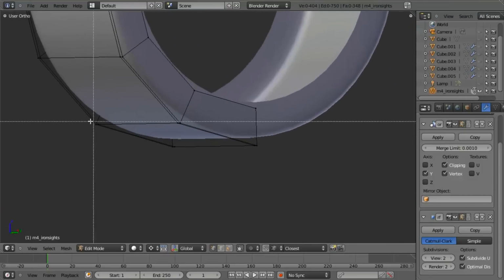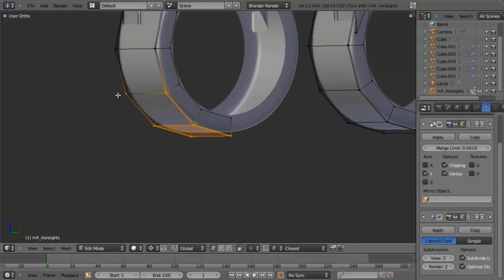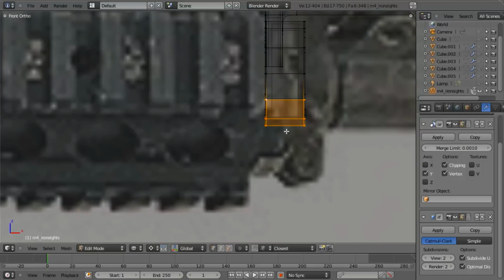But I've already got those references on hand, so I'm going to go ahead and use them. And what we first want to do is to select these areas here. And we're just going to hit E to extrude. Basically, we've got a little piece down here that's going to be two small hinges that then you're able to attach a bracket to, that could be for a shoulder strap or some other accessory. And so we're just going to hit E to extrude, take it down along the Z axis a little bit,